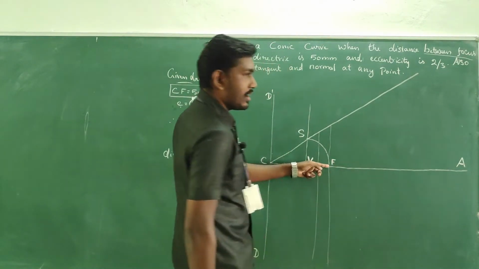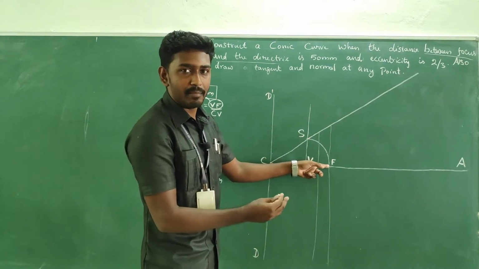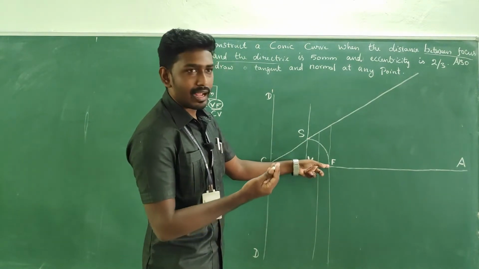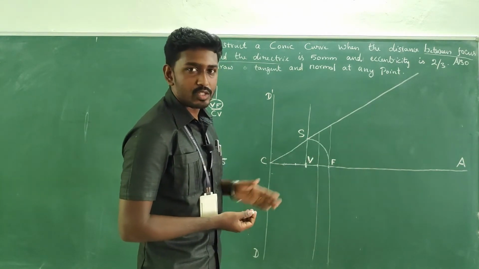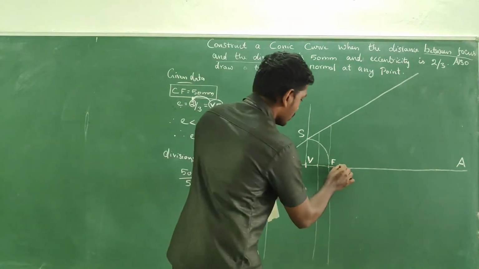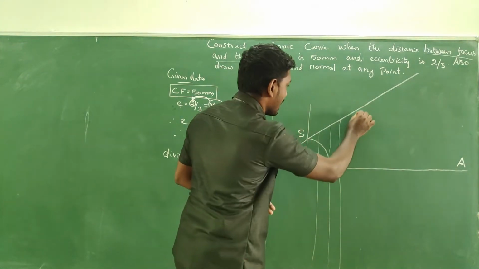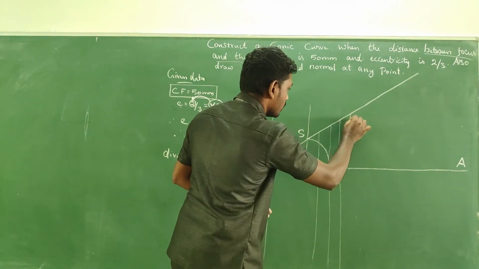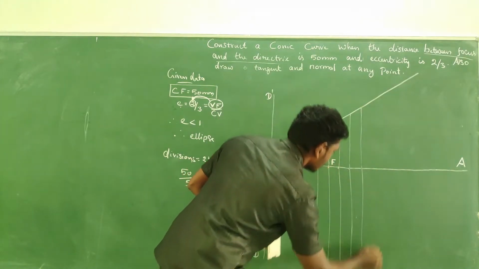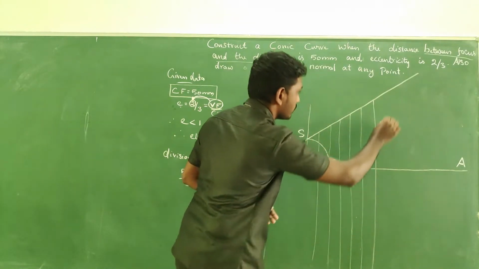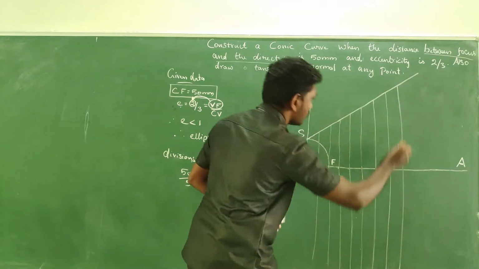Here we are going to draw the ellipse. Approximately, the ellipse shape can be obtained with between 10 to 15 lines. Here I am going to take 12 lines. In the same manner, with a gap of 10 mm, draw a line. It should be a perpendicular one. It goes like this.